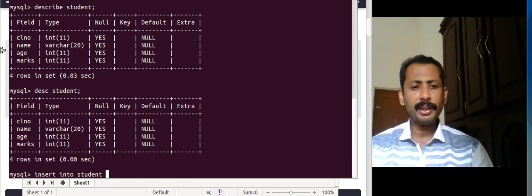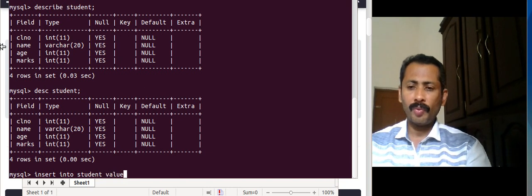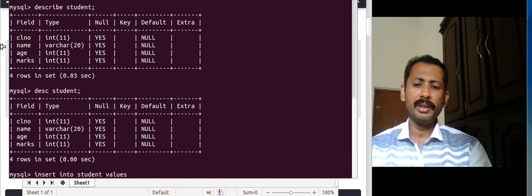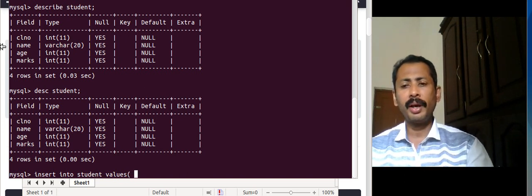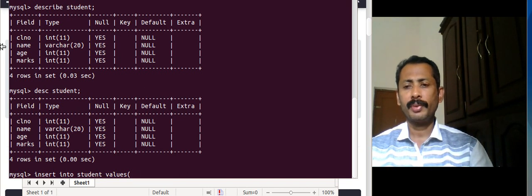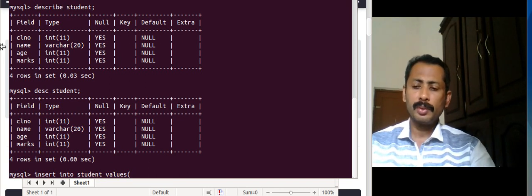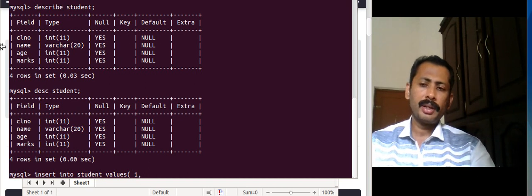What has to be inserted? Data, or we can use values. So values is the keyword for specifying data, and in brackets we have to give the values. What is the value? Class number is 1, comma. Next I have to store name.